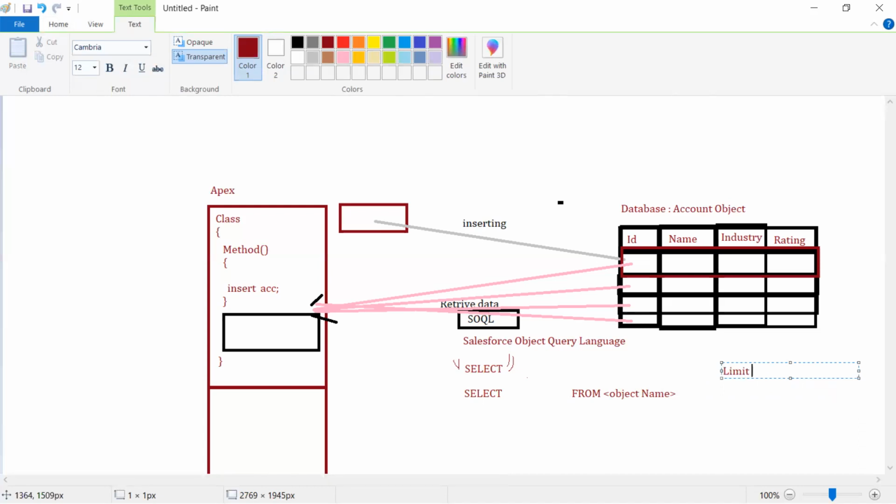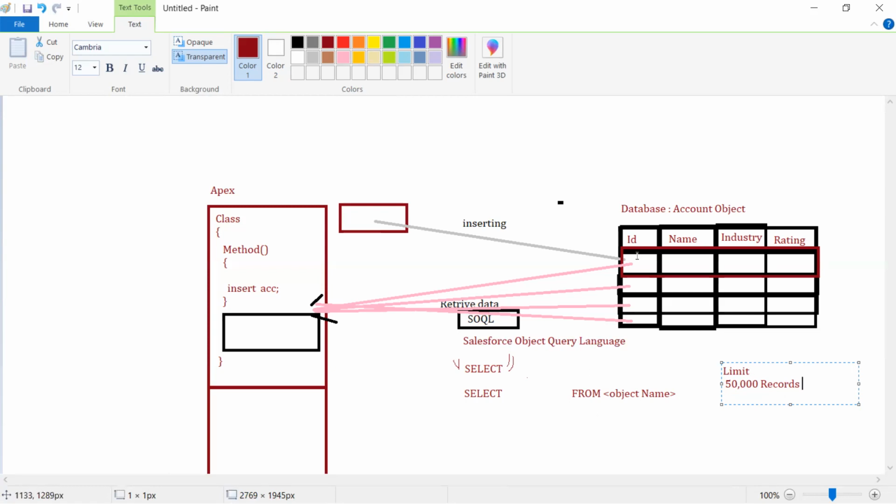The limitation is you can return a maximum of 50,000 records. So in case you have 1 lakh records in the account object, we are meeting the governor limits. The SOQL query governor limit is a maximum of 50,000 records if you write a basic query. So that's the reason, in order to avoid this kind of limitation,